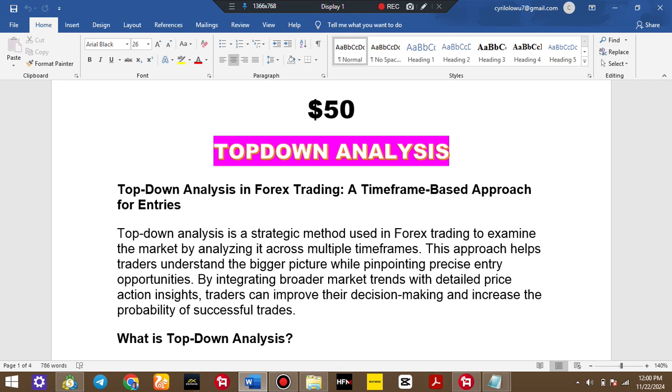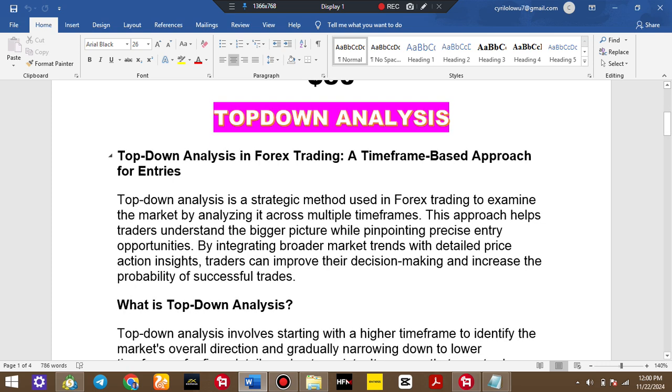So one of those concepts is what we call the top-down analysis. Now, on the top-down analysis, what usually happens? I have some write-up here, after I explain to you what the concept means, I also take you to the chart, then we'll do some examples. We'll show you how you should approach your chart based on technical analysis, based on top-down analysis.